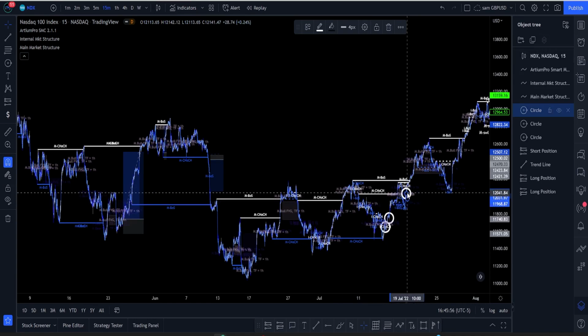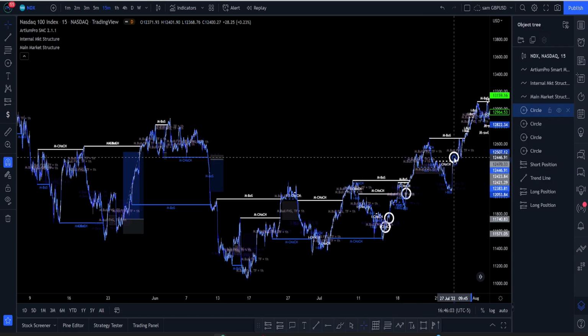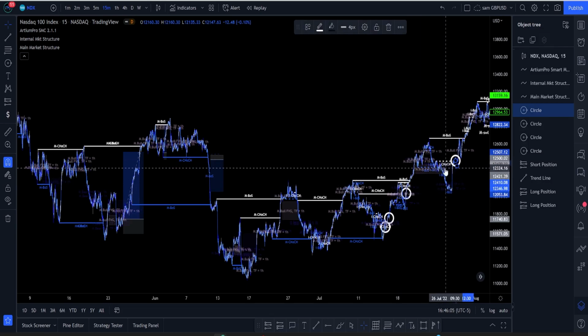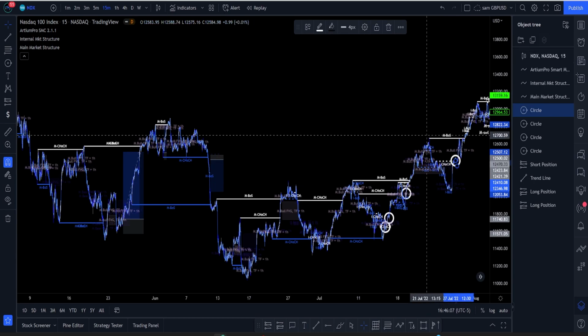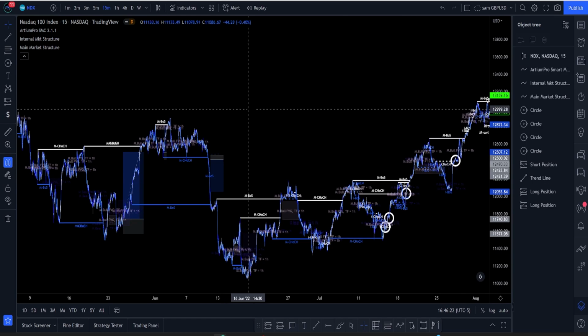See this buying pressure right here? See that buying pressure? It's holding the upside trend, and the previous lows are not getting broken. So definitely, if you're going to do this,